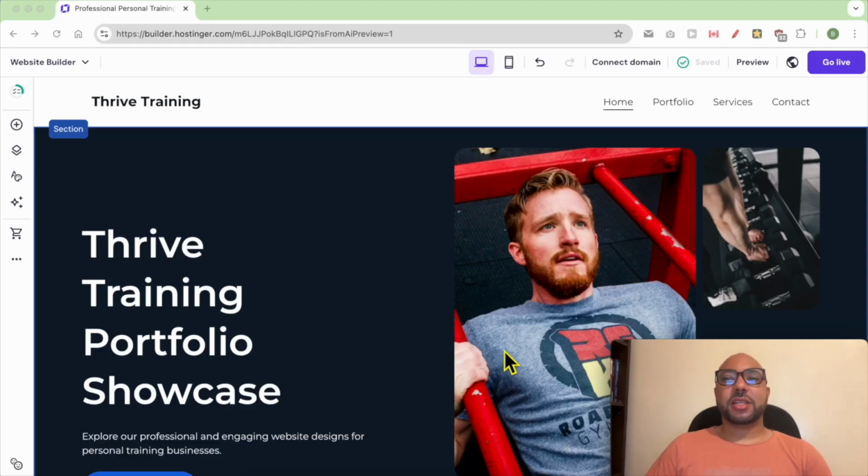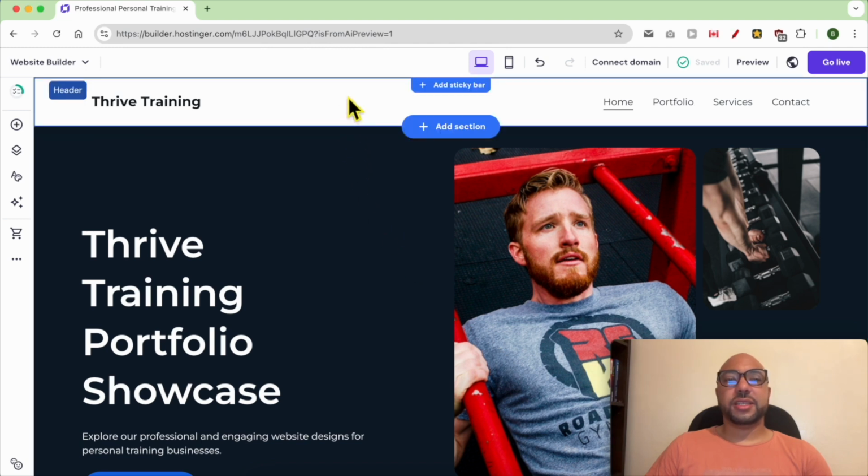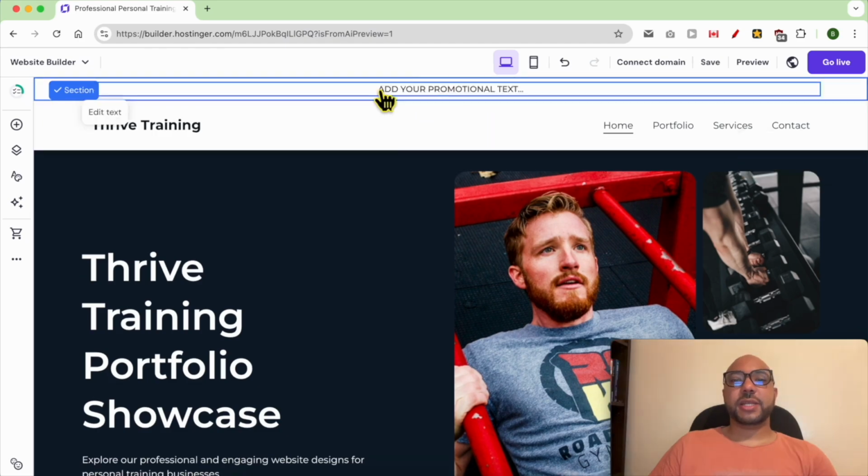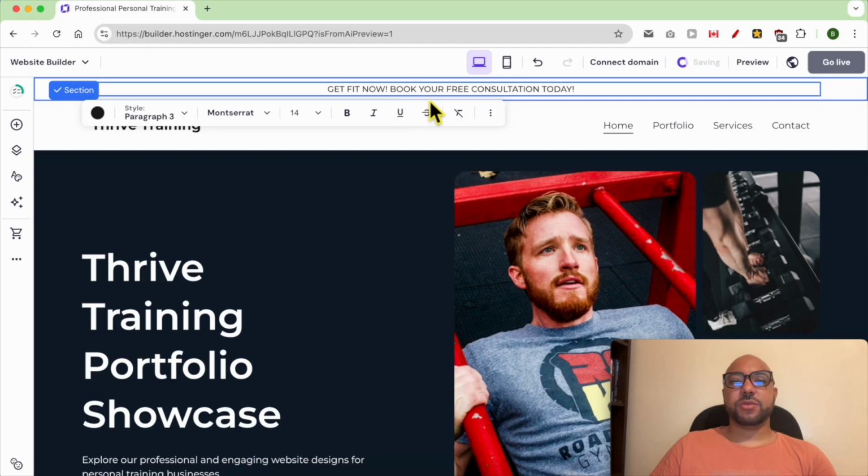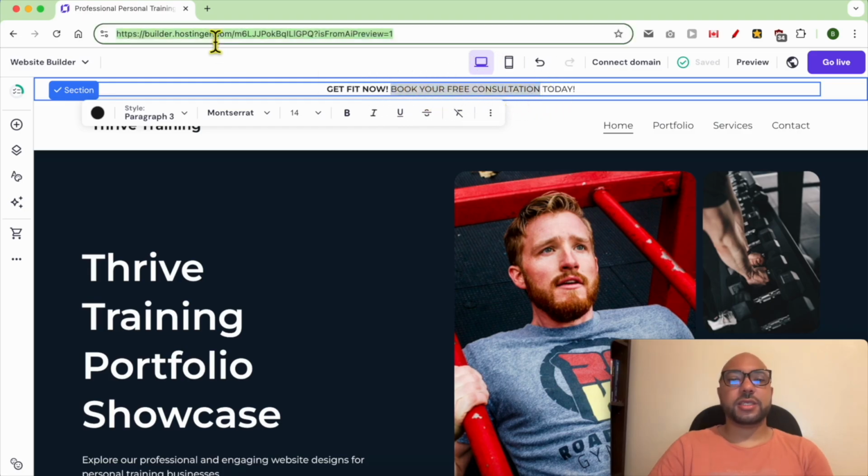Adding a sticky bar at the top of your website is easy. All you need to do is to hover with your mouse over your header section, then click on Add Sticky Bar. Double click this text to replace it with your own. Get fit now, book your free consultation today. To make a part of this text bold, just select it with your mouse and hit bold. To add a link to this phrase, select your text just like that. And let's say your website is